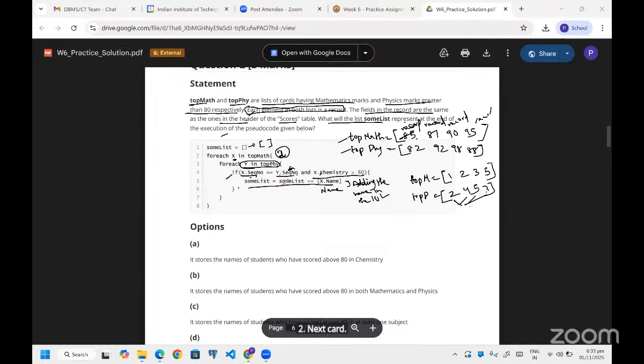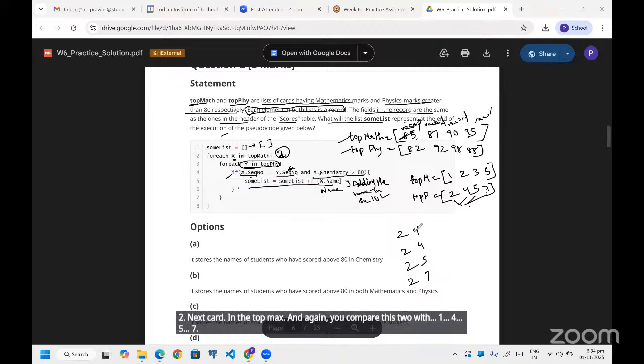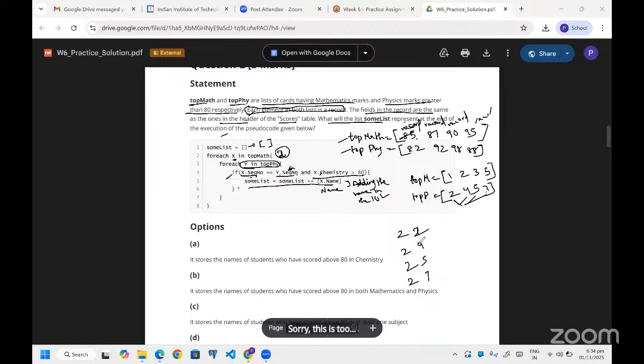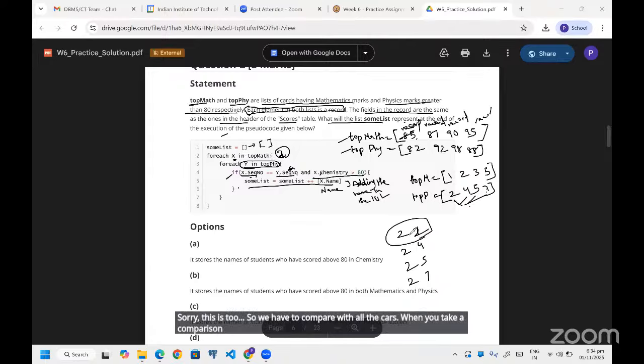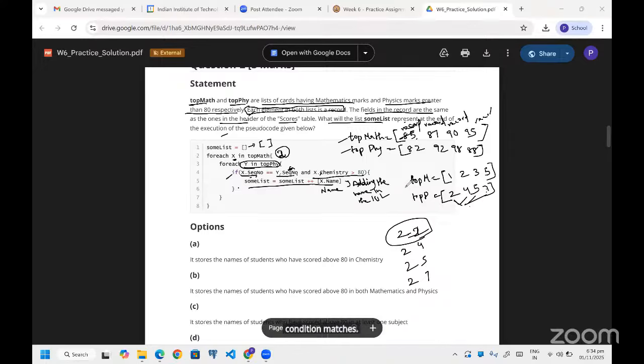In the top math, you go to 2 and again compare this 2 with 1, 4, 5, 7. Sorry, this is 2 in top physics. So you have to compare with all the cards. When you do the comparison, the first condition matches, right?